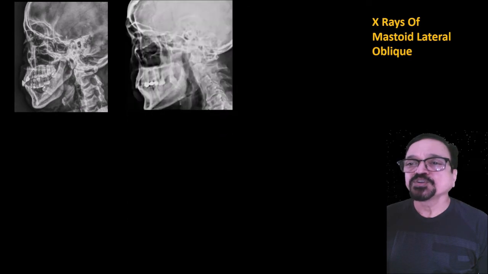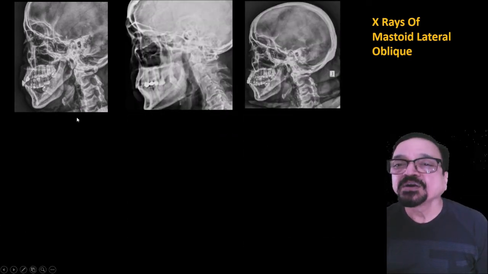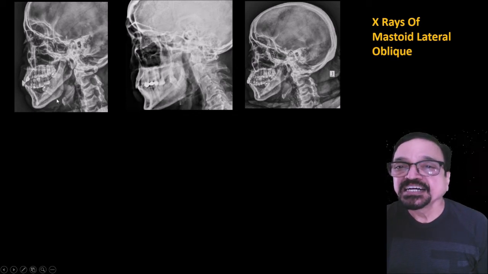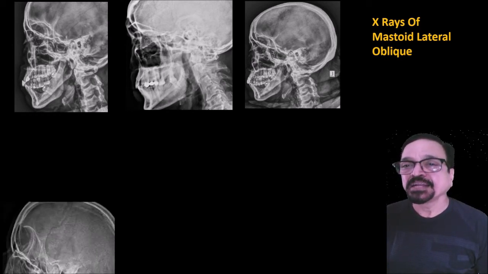Now I'll show you different projections. What is different? Check the mandible, condyle and the positions here. The more angle you give, these will get more separated and distorted. So if you want to visualize the structures accordingly, you can make the angle less or more. Law's projection 15, then Schuller's 30. You can make it in between as per the requirements.